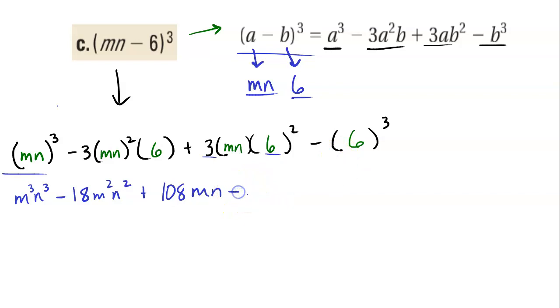And then I have a minus 6 cubed. Well, 6 cubed is 216, so 216 there. So it takes a little time to figure out that last step, but again, I look at the problem, see if there's any like terms that I can combine, and there's no like terms after this, so this is going to be it. This is my final answer,